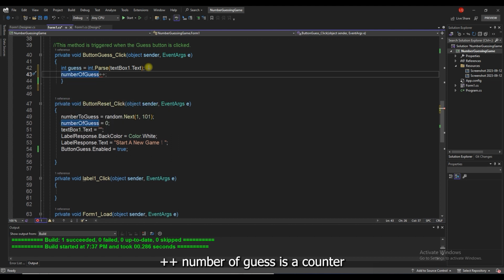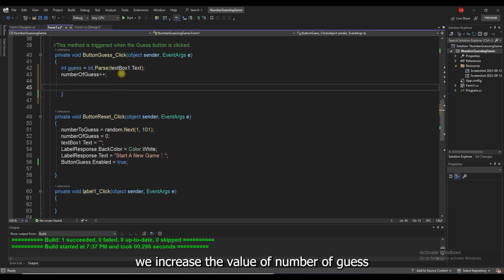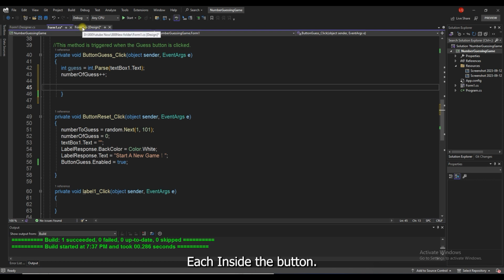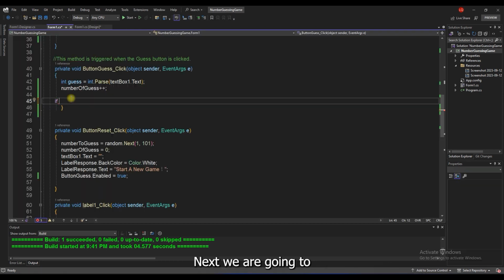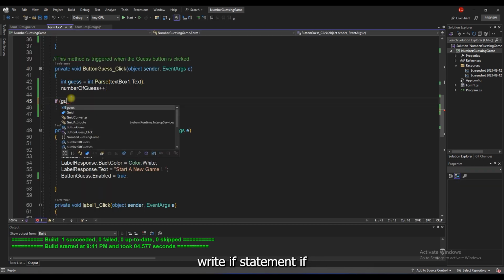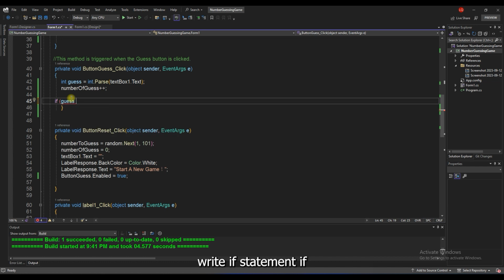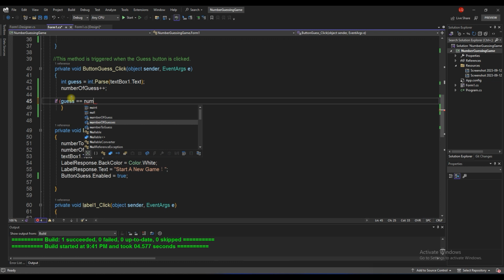Number of guess plus plus. Number of guess is a counter that keeps track of how many guesses the player has made in the game. By using the plus operator, we increase the value of number of guess by 1 each time inside the button guess click. Next, we are going to write an if statement, if guess equals number to guess,